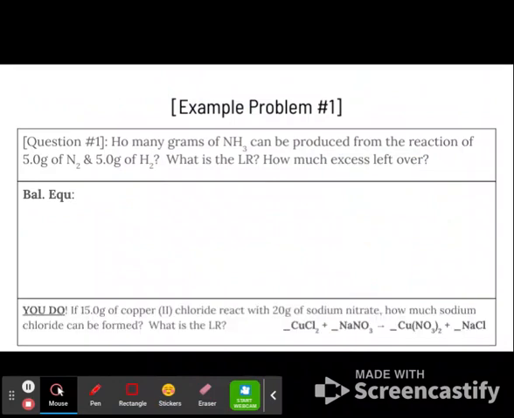And now I want you guys here at the bottom to try this one. I did not give you a balanced equation, but I did give you the formulas for everything. So balance first and then go through your steps. Here, you do not have to tell me how much excess